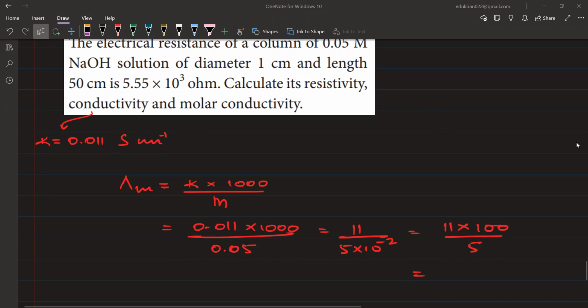हाँ बस सही है, 220। यूनिट ध्यान रखिएगा, यूनिट क्या होगा इसका? यूनिट होगा इसका सीमेन सेंटीमीटर स्क्वायर पर मोल।